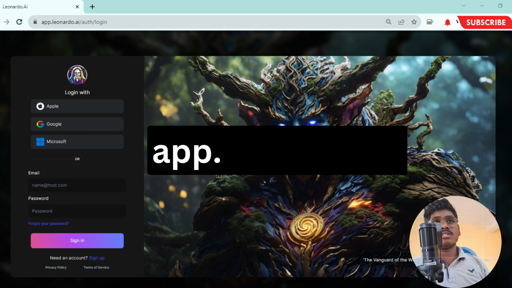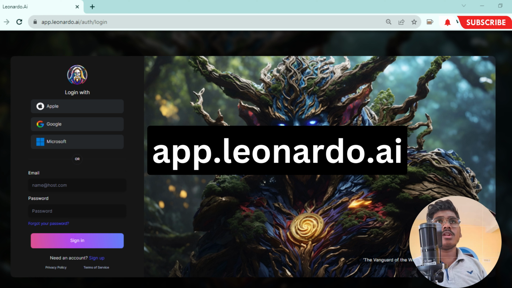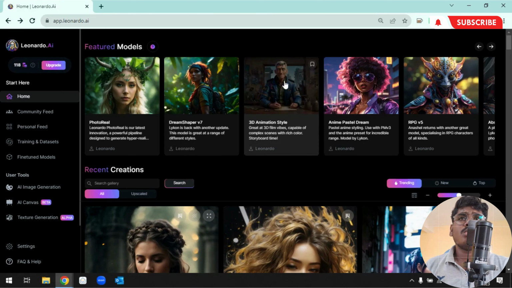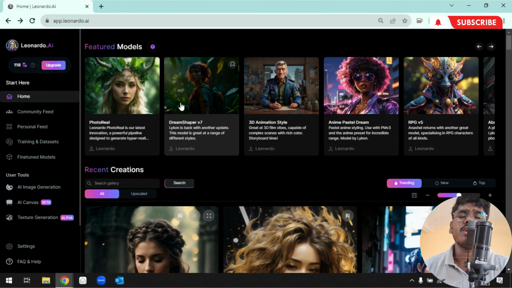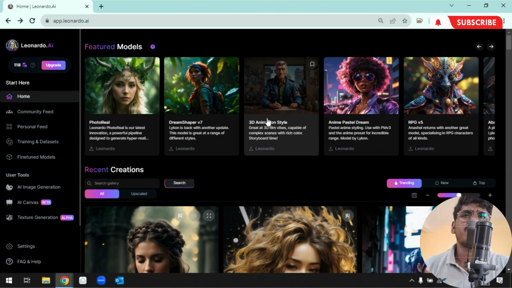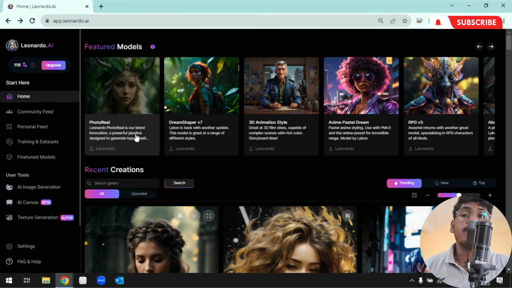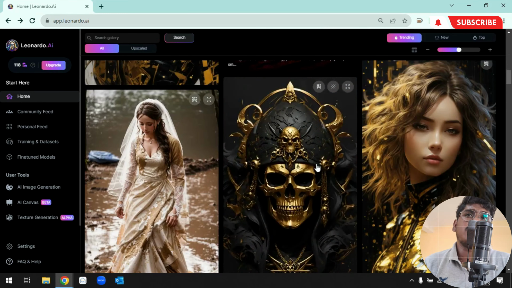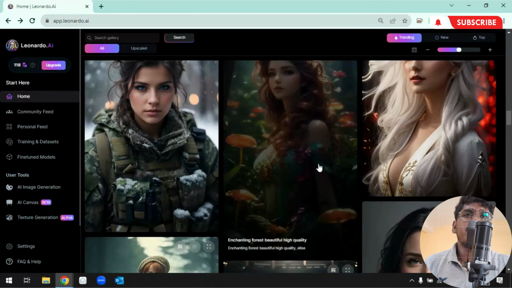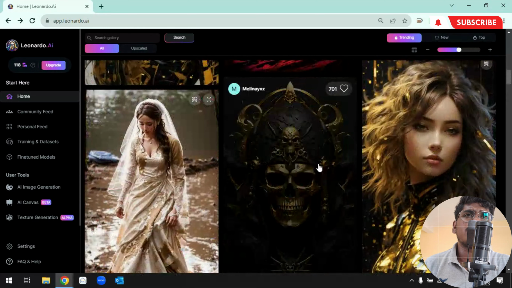So the first step, we need to go to app.leonardo.ai. On this website, you need to sign in with your Google account. Once you sign in with your Google account, the homepage looks like this. On it you can see the featured models, and there are predefined models. If you need photo real, animation, or RPG kind of styles, you can choose accordingly. And there is a community section, so if you scroll down,